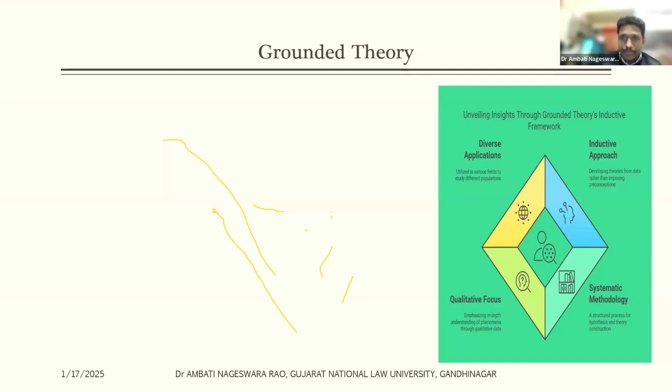It requires a lot of rigorous data analysis, rigorous data collection. But if you look at studies conducted using grounded theory, 99.9%, because grounded theory means the outcome of your research is that you are developing a theory, you are developing some propositions as an outcome of your research work. Unless you are very rigorous in the research, or if you're not able to understand exactly how to develop theories, they don't choose grounded theory. But it is one of the best approaches when it comes to developing theory.